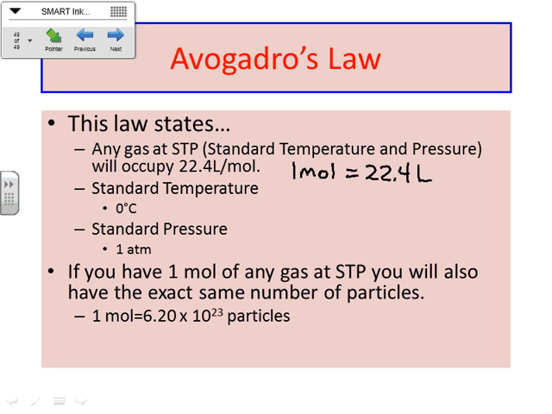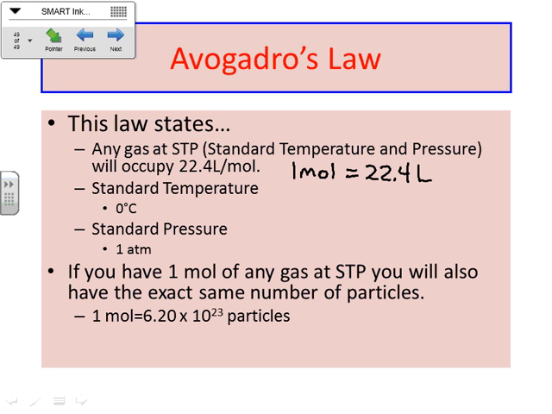Basically, this is just saying any gas at standard temperature and pressure, which means if it's at 1 atmosphere pressure and 273 Kelvin, any gas will have a volume of 22.4 liters. 1 mole of that gas will have a volume of 22.4 liters. That's how much space it will take up. Doesn't matter what gas it is. Could be helium, could be hydrogen, could be oxygen, could be nitrogen, whatever gas it is, they're all the same, okay?